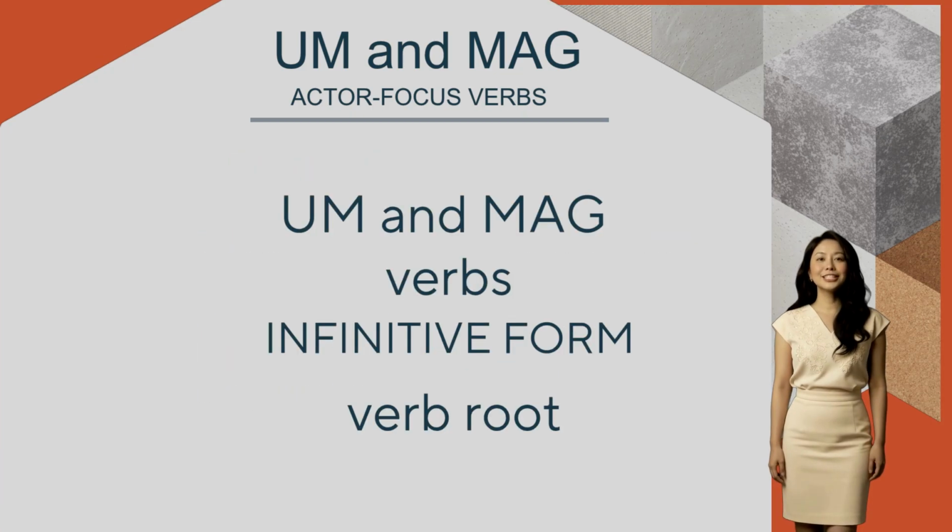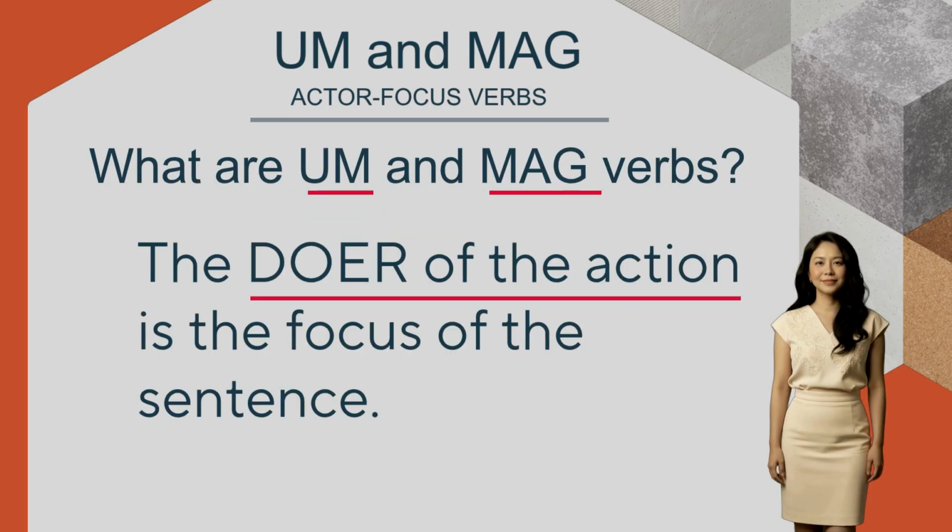So again, in this lesson, we will use the -um and mag- verbs in their infinitive forms, meaning no past, no present, or future tenses, no conjugation. So you can just focus on recognizing how to use them naturally. We will introduce the conjugation in the next lessons when you're ready to build on this foundation.